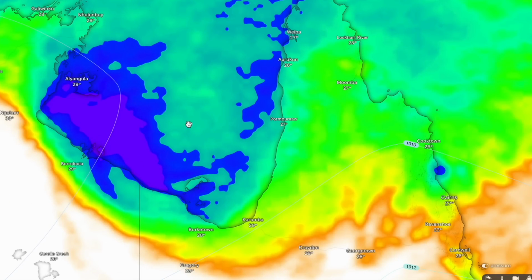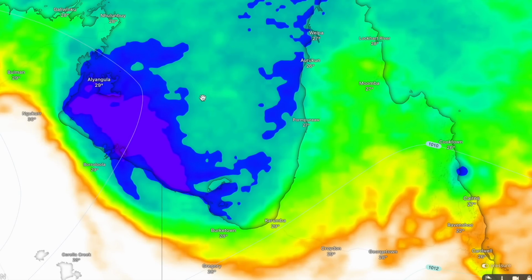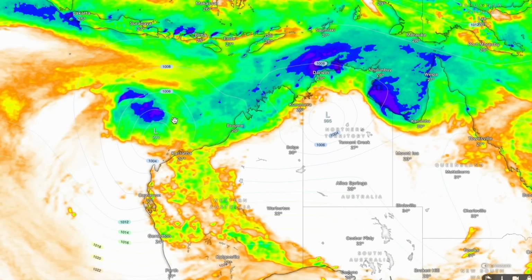So for far northern Queensland, expecting up towards 100 millimeters over the next 3 days. The real rainfall will be around where this tropical low, tropical cyclone is expected to be moving. It's going to be a bit of a touch and go situation if it gets named before Tropical Cyclone Megan over in Western Australia. Megan's expected to be assigned to this system probably around Friday evening, Saturday morning, but I